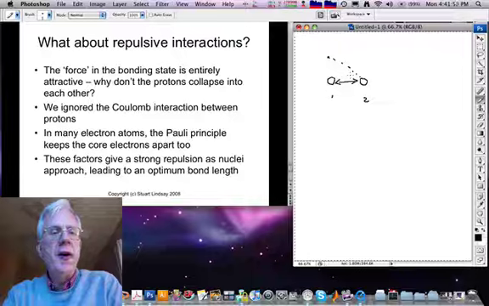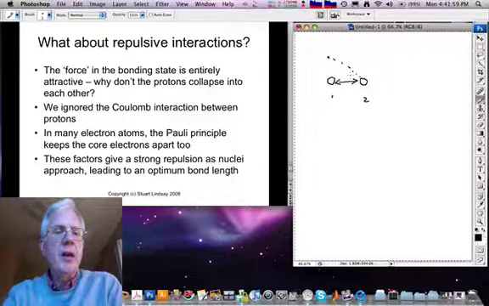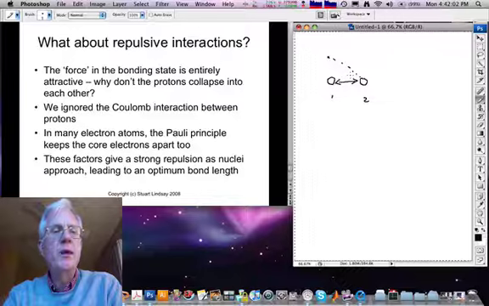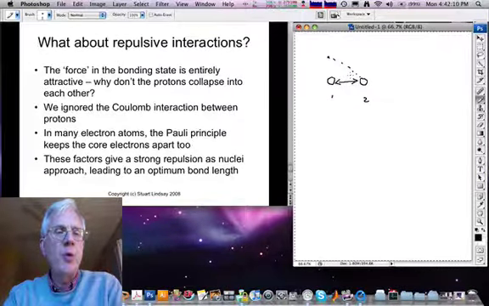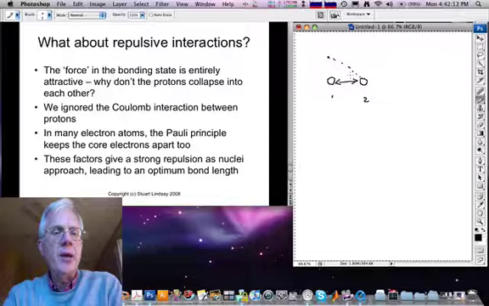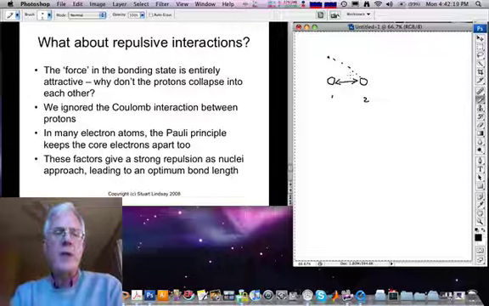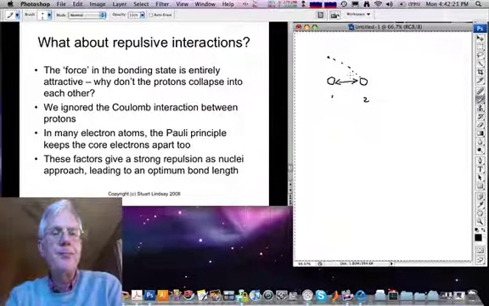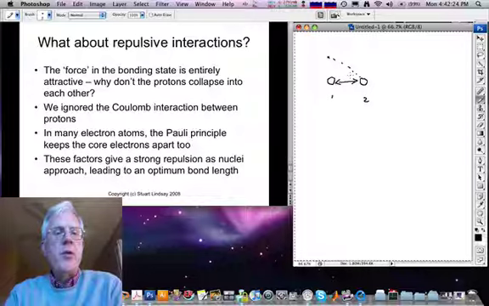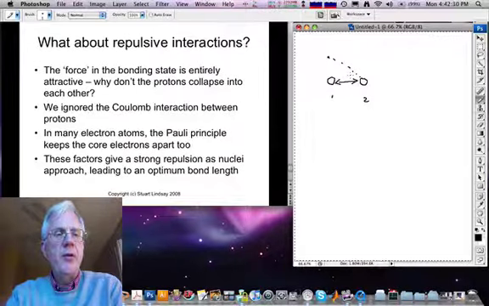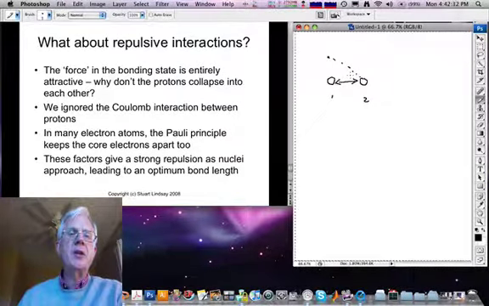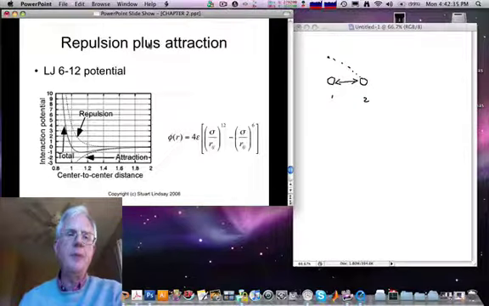In many electron atoms, there is also the fact that the core electrons will themselves repel if they're not involved in bonding, and the Pauli exclusion principle keeps electrons out of one another's way. At least it requires that the states be orthogonal when the electrons occupy the same spatial locations, and that requires very high kinetic energy. So these factors then lead to a repulsion that opposes the attraction,